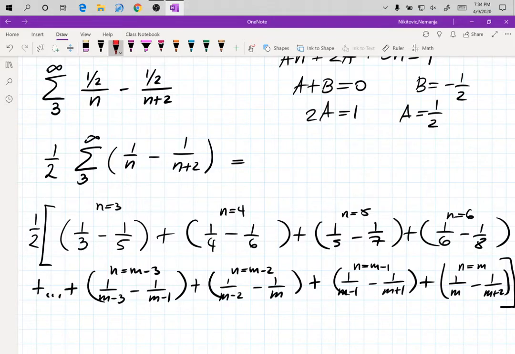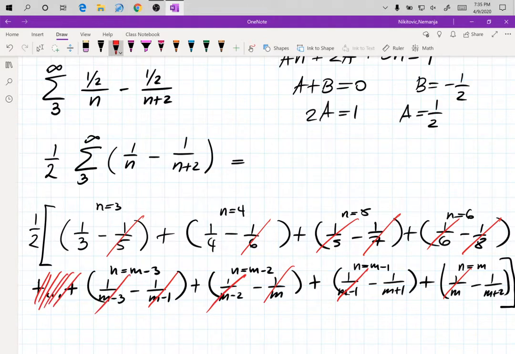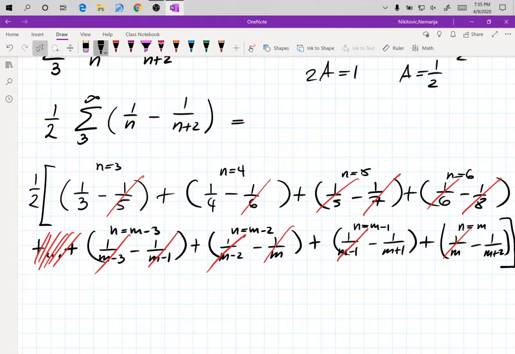So what cancels? Well, a 5 with a 5. A 6 with a 6. Needed one more term. Next one is n equals 7, so it will cancel this and cancel this. So those all go there. From the tail end, 1 over m and 1 over m, m minus 1, m minus 1. These two will cancel here. And we are left with